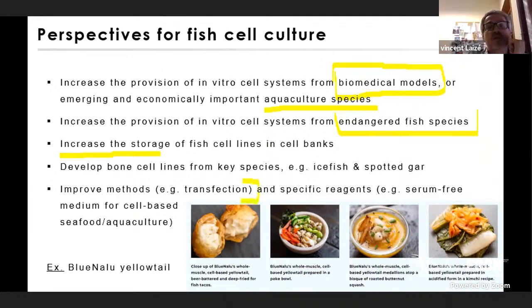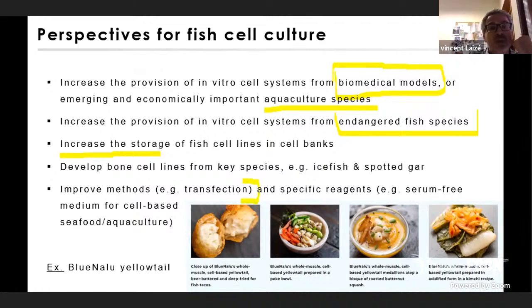We have to make an effort to try to improve these particular techniques. And then we also have to make some efforts to develop specific reagents for fish cell lines, and specific in the sense that, for example, I mentioned to you cell-based seafood aquaculture. It's a very promising application for fish cell lines, but it's still lacking the development of serum-free medium for this particular